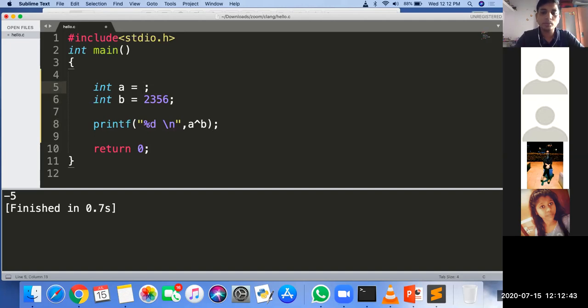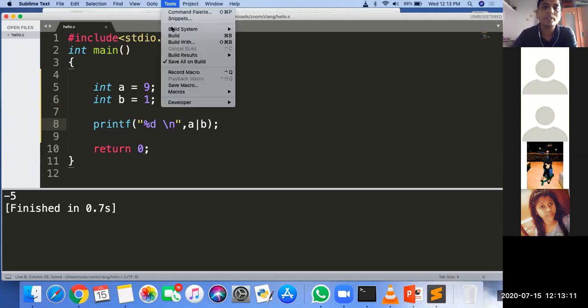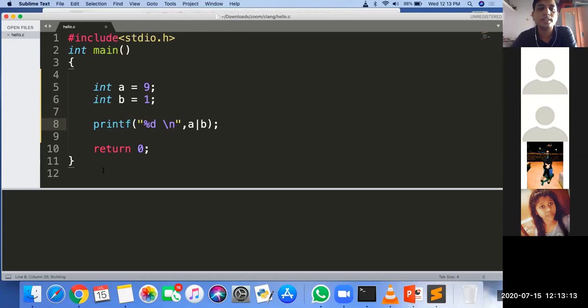Okay, and one more thing. Suppose there is a 9, and suppose this is 1, and here A OR B. The answer is 9.